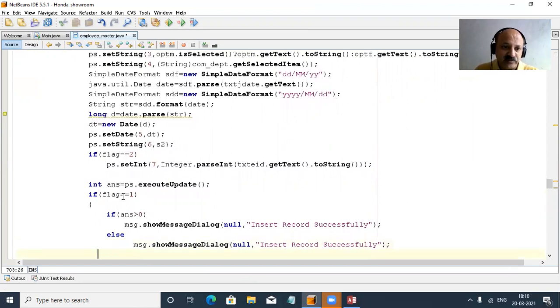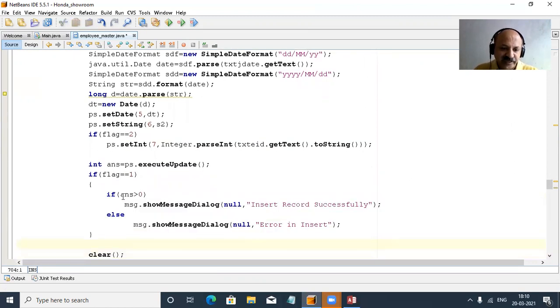So flag is 1. We can use one button for both insert and update. We say error in insert record, remove the success record, and copy and paste this whole if part.